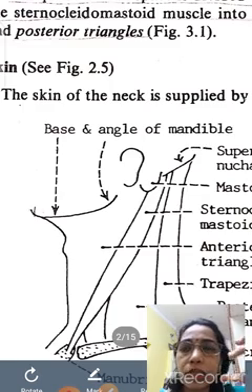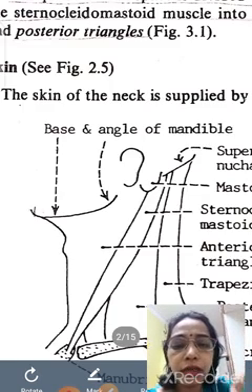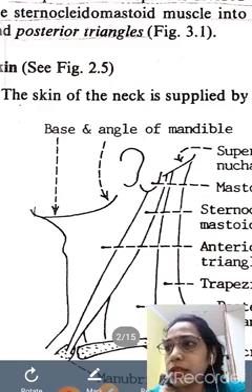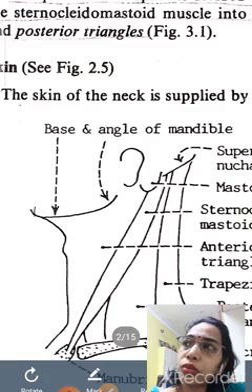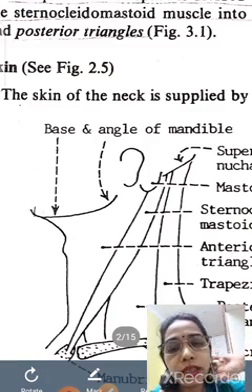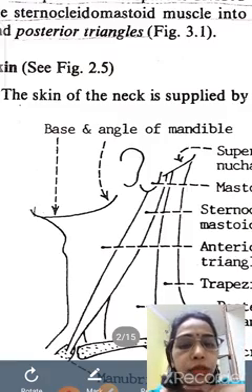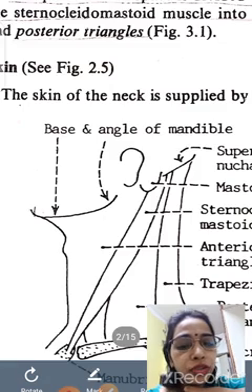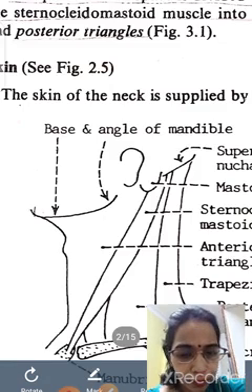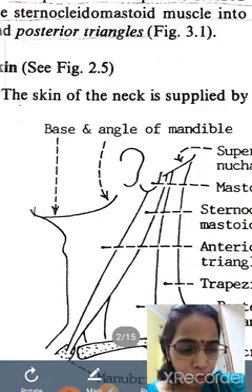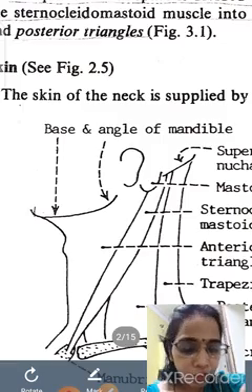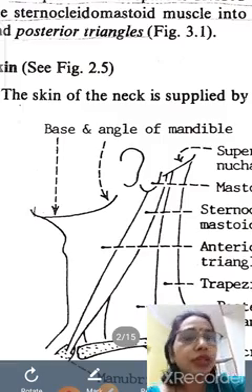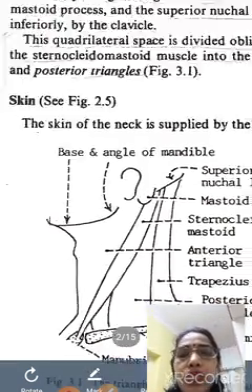First, when it contracts on a single side, it rotates and turns the face towards the other side and tilts the head towards the same shoulder. Okay, this is the action. And the other is when both muscles contract simultaneously. At the time they contract like this, it brings about the flexion of the neck, while getting up from a pillow or while eating something. So this is the action. So this is all about the sternocleidomastoid.